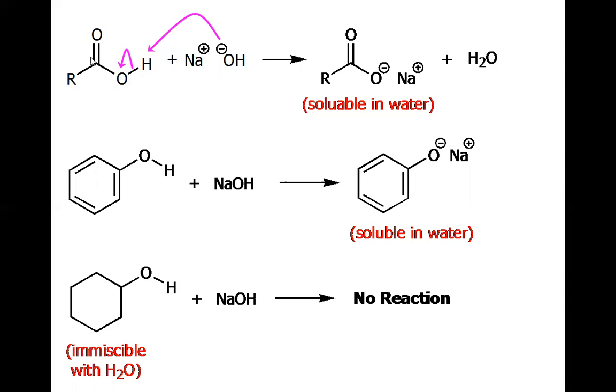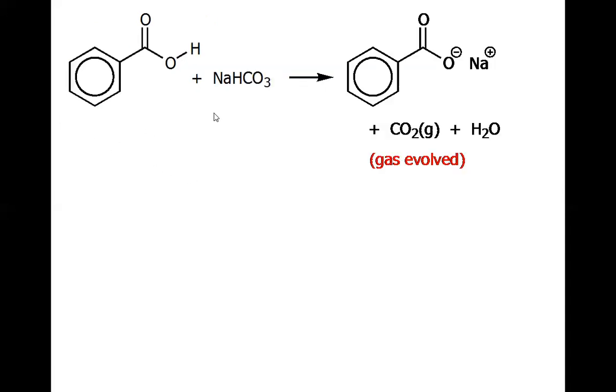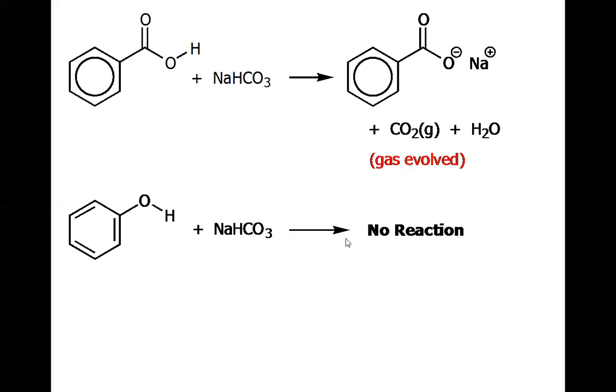And now we have two species left, the carboxylic acid and the phenol, to distinguish which is which. For doing this, we have to use another base which is much weaker than sodium hydroxide. It is sodium bicarbonate. When treated with benzoic acid, we have the benzoate salt, and there is an evolution of carbon dioxide, which is a good guide that this compound is benzoic acid. However, when we treat phenol, the reaction does not occur. So this is the weaker base. It will react with the stronger acid as compared to the weaker acid. For the cyclohexyl alcohol, definitely the reaction will not occur.